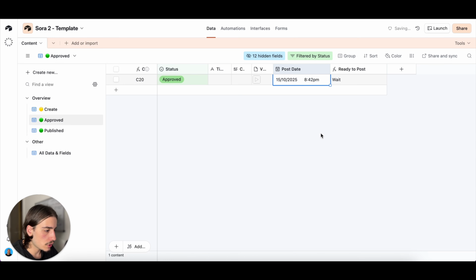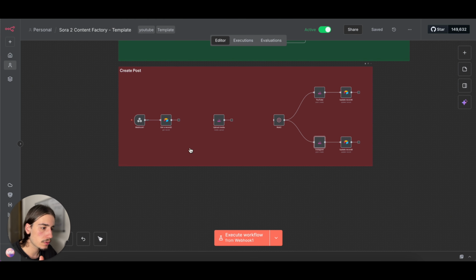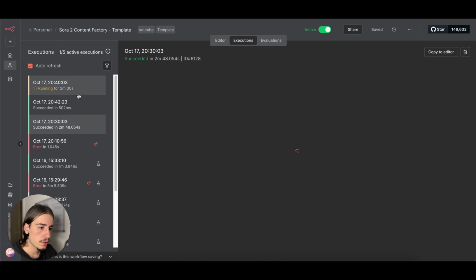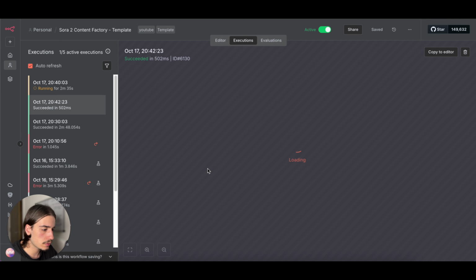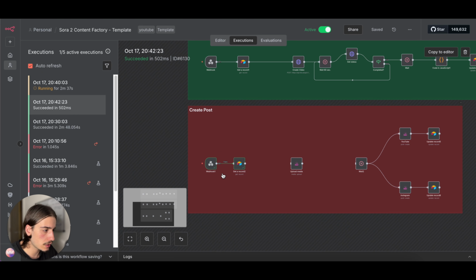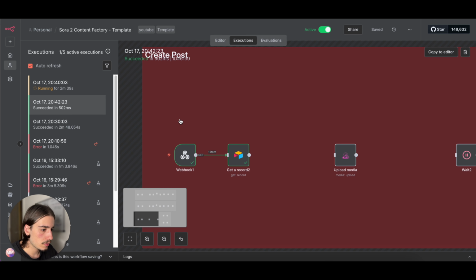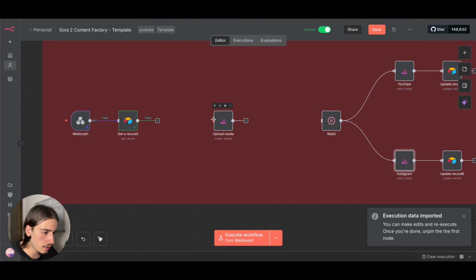Then we're just going to put a date in the past, just so this ready to post actually changes to post now, which will then fire off that webhook, and it should arrive in Airtable. So let's have a look. So yeah, you can see here that that has just gone through. So let's just come down here,